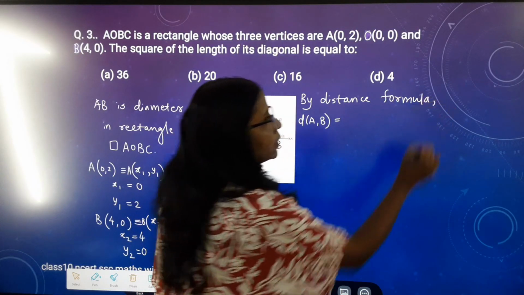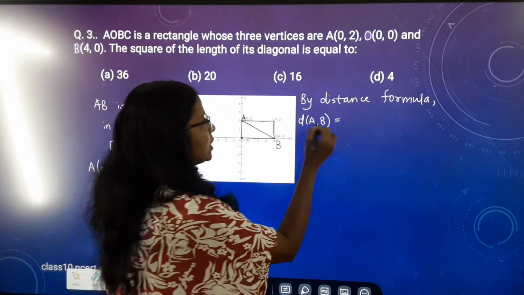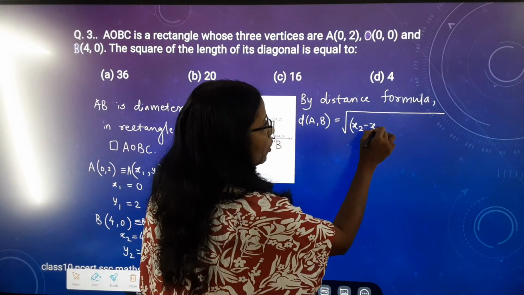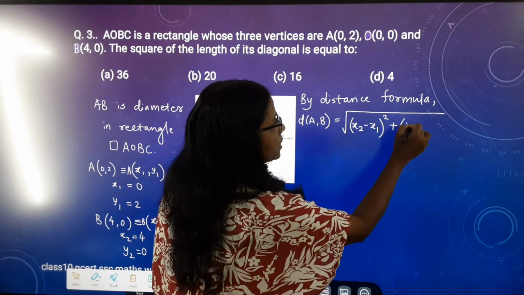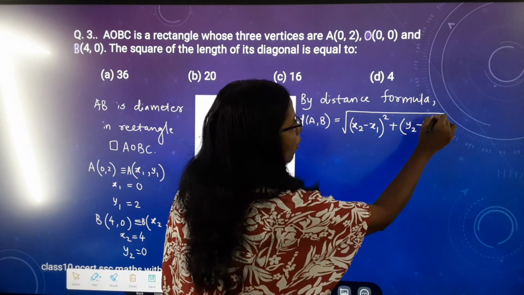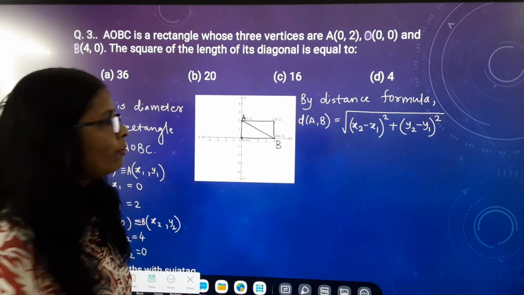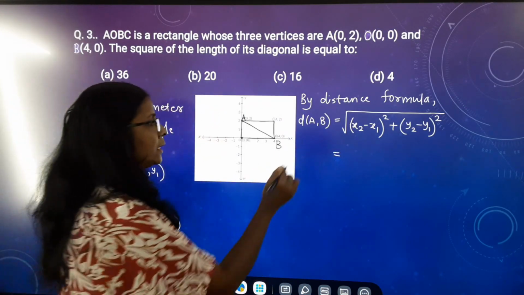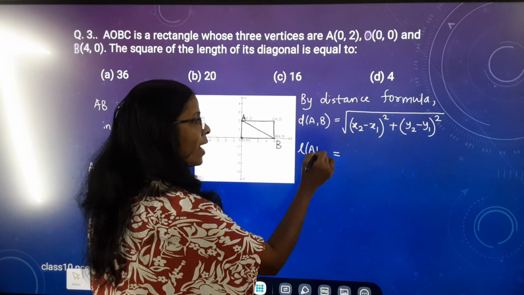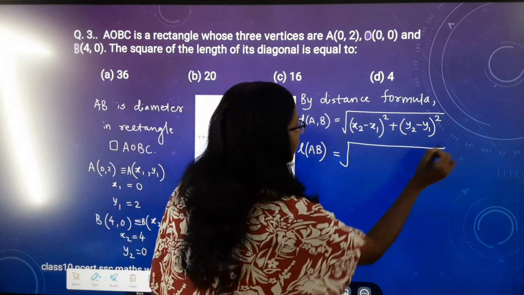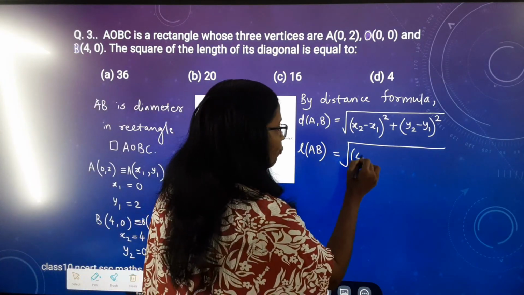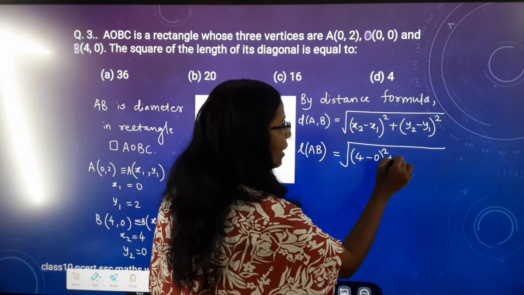By distance formula, distance AB is equal to the square root of (x2 minus x1) whole bracket square plus (y2 minus y1) whole bracket square. Now put these values here. The distance from A to B, that is nothing but the length of AB, is the square root of (x2 minus x1), x2 is 4 and x1 is 0, so (4 minus 0) whole bracket square plus